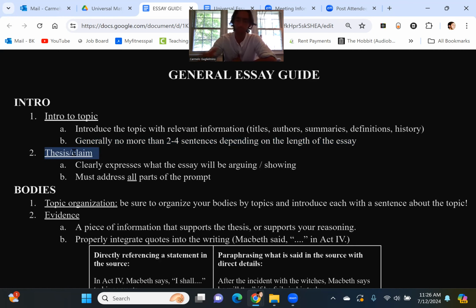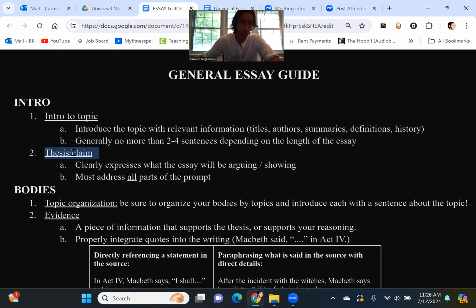I'm not interested in reading a summary of whatever it is you're telling me about. If I wanted a paper that just summarizes the events of this book, this thing, this historical event, this author, whatever, we could find that really easily. It's called Wikipedia, right? I want your thoughts on this. I want your thesis on this thing. I don't want just some summary of it.